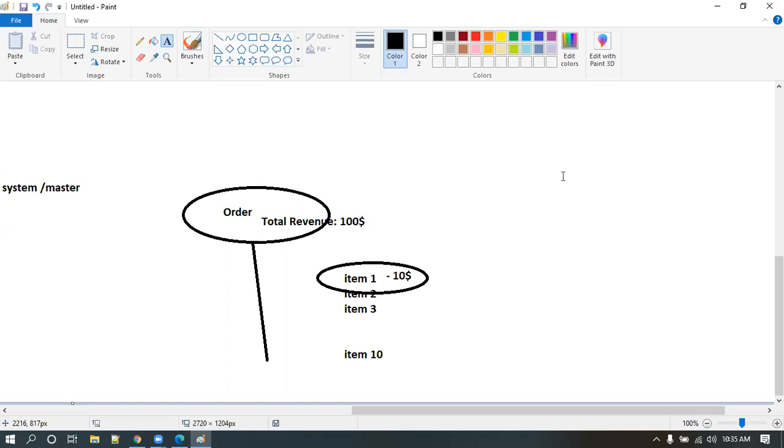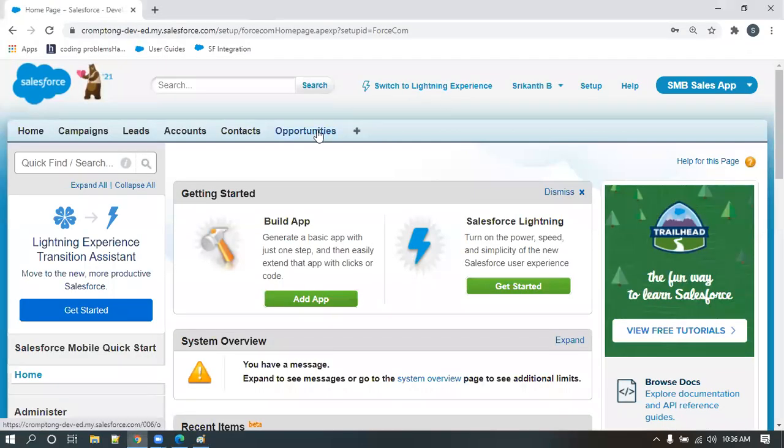Let's say shampoo is 100 rupees and you ordered 5 shampoos. 1 unit into number of quantity: how much here? 500. Got it? There is a unit price. Clear? So where can you store that information? In a line item. Are you getting the point? So if you go and observe your opportunities here,